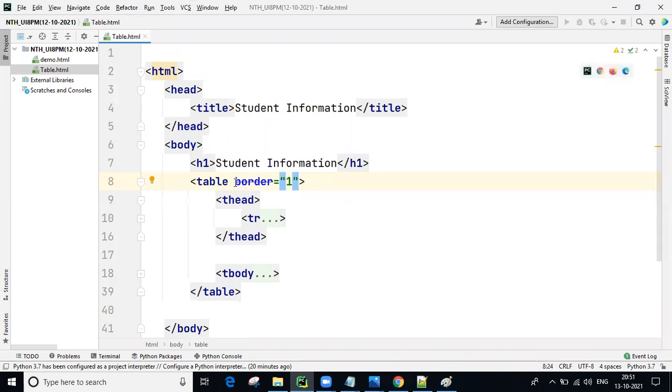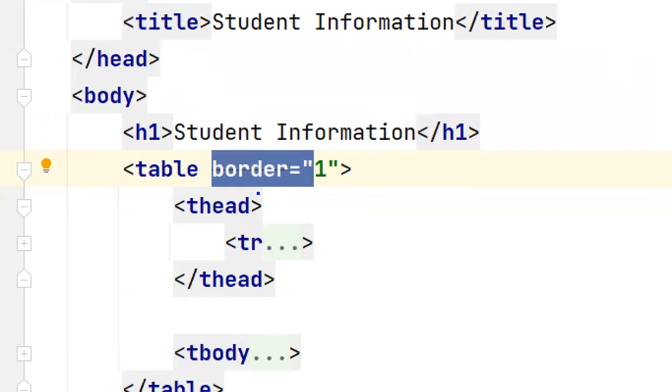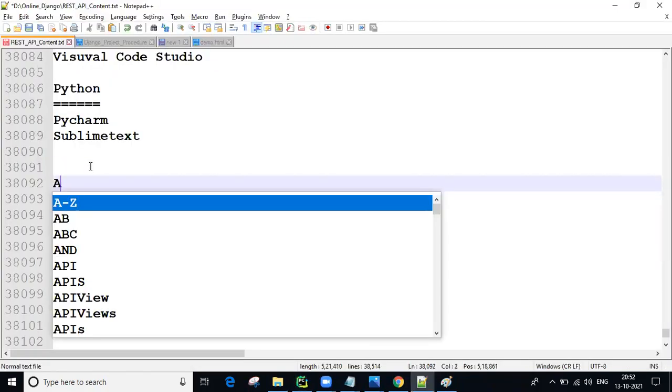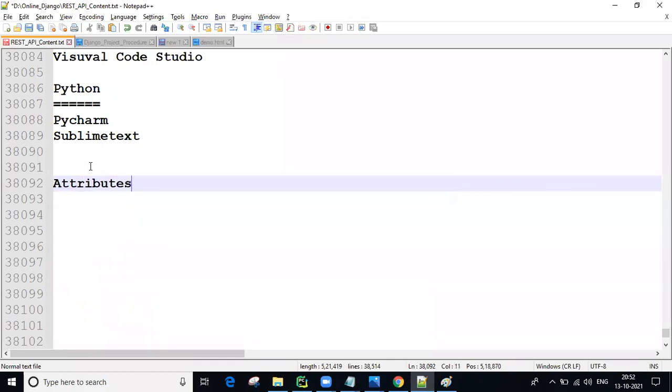So what is the use of attributes? Attributes give some extra information to the HTML tags. Because of this attribute, we are getting the border lines. HTML provides n number of attributes like this, guys. We will discuss attributes now. Remember clearly, guys, regularly up to the end of the day we are going to use attributes.